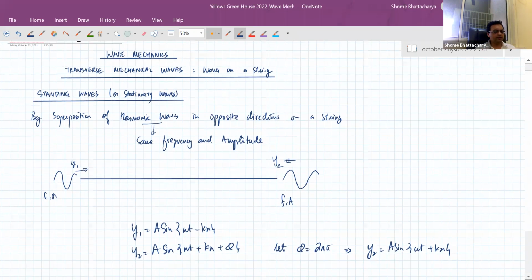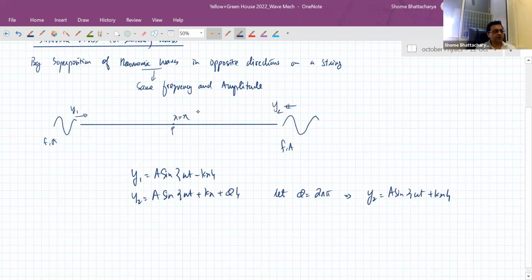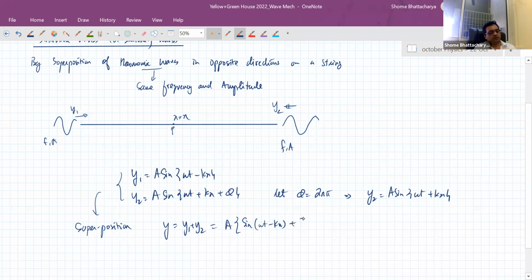Now we want to understand what is happening in this region of the string at any general point x by the superposition of these two. Their superposition or overlap will result in what is called the standing wave pattern. In this particular case, because I have taken the phase difference to be 2n pi, when I do this calculation using the sine A plus sine B formula,